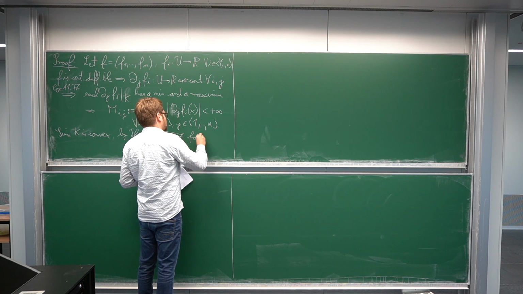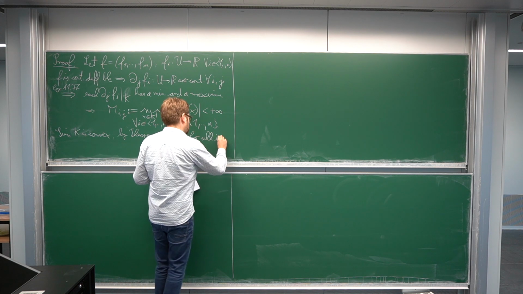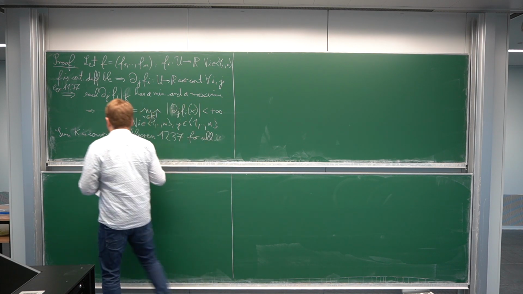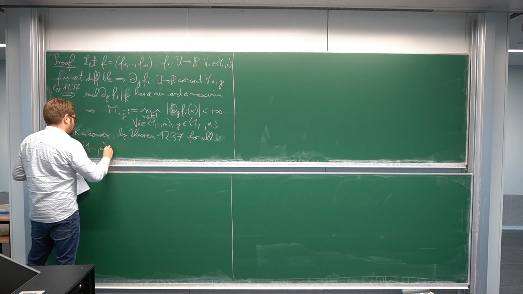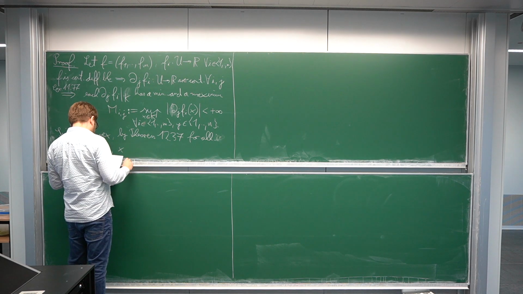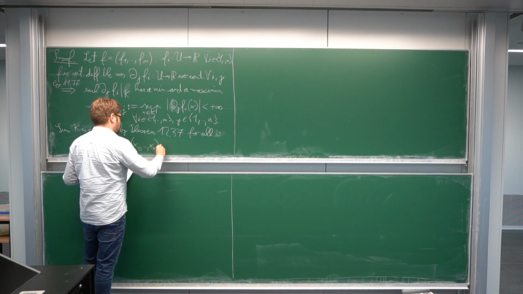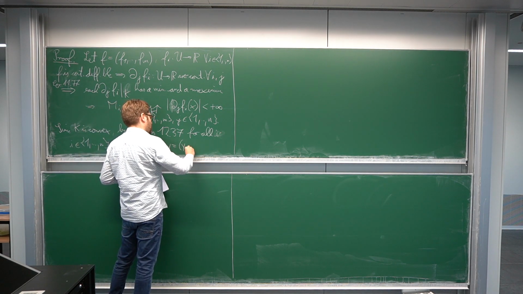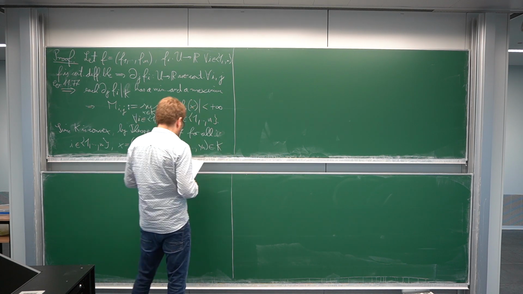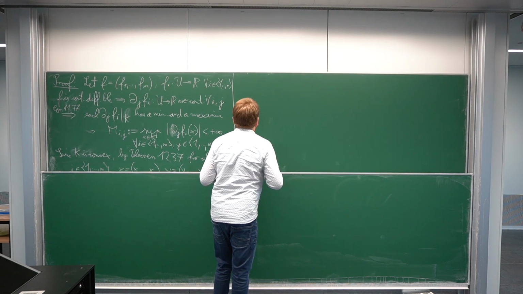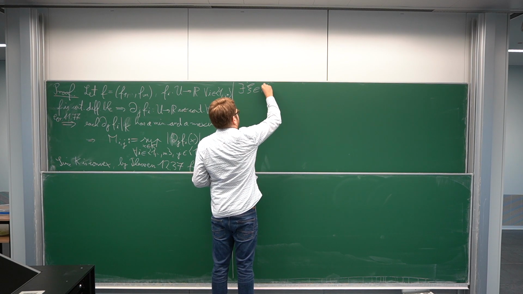For all i between 1 and m, and for all x and y in K, where I denote the components of x by x_1 to x_n, and y is y_1 to y_n, we compute that if i is fixed, there exists some ξ in K such that